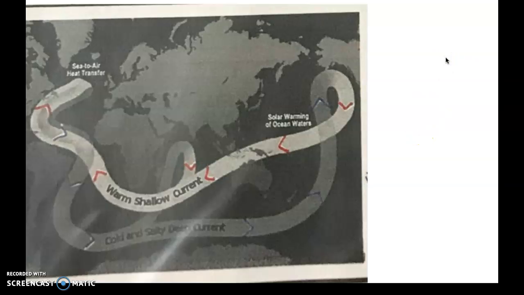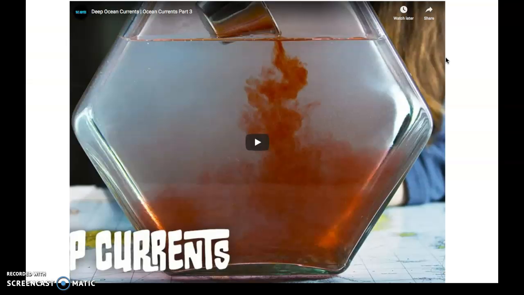Here is our deep water current, often called the global conveyor belt. It circles around the world, bringing with it water and nutrients. Depending on where the water is, the water is moving from down below or up above, because again, these move more in a vertical way. This is another demo. I will link it in